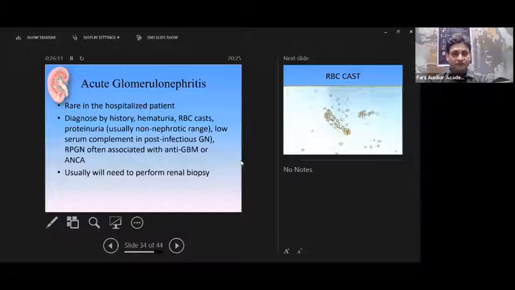We can also see RPGN, especially with anti-GBM, ANCA, and immune complex glomerulonephritis. For further evaluation in this patient, we need to do ANCA level, ANA level, C3, C4 level, and many times kidney biopsy. The treatment is initially control of the volume with diuretics as well as